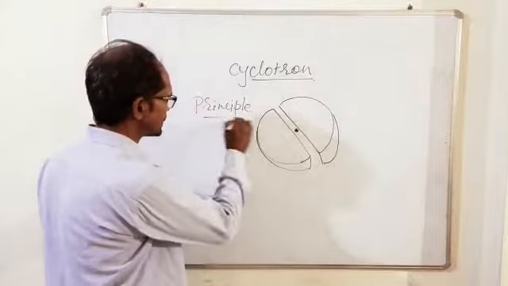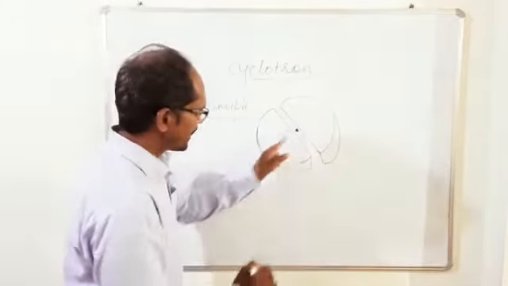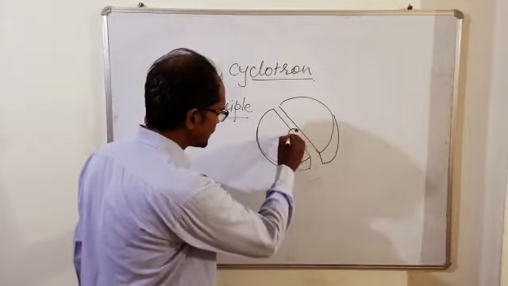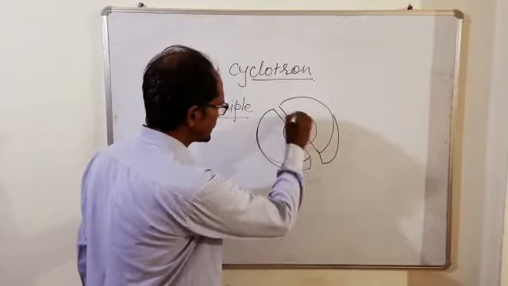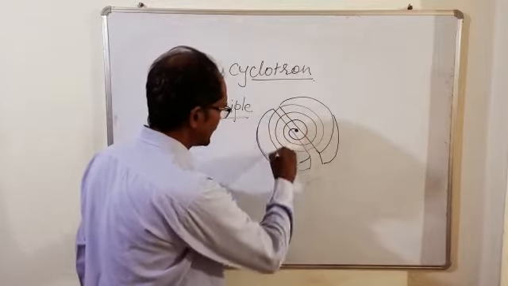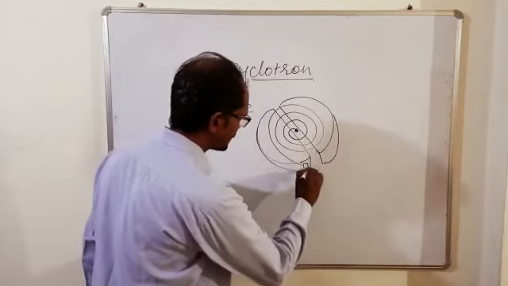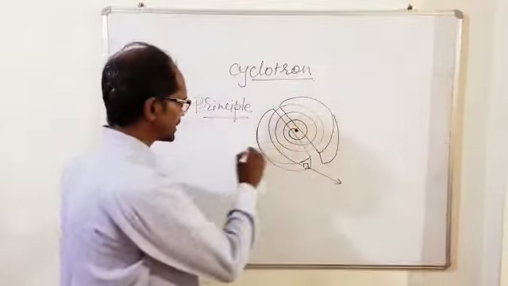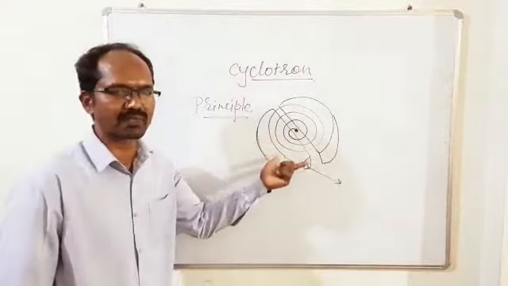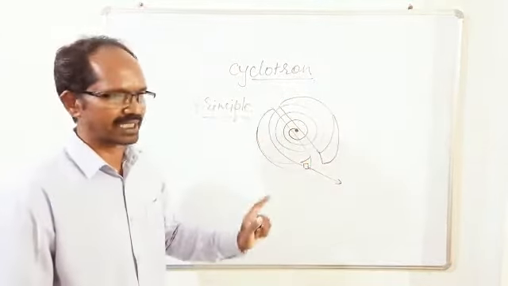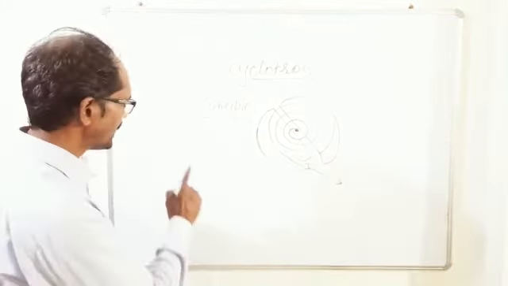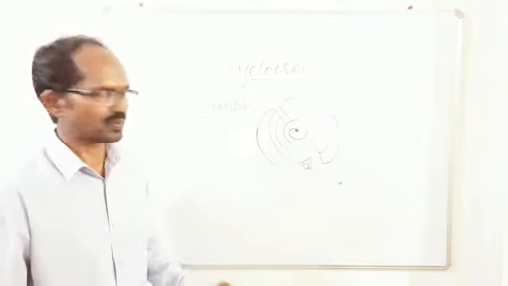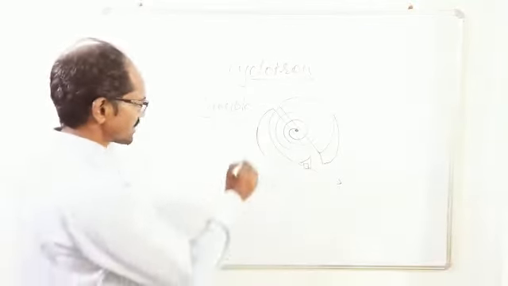Principle, that is, when the positive ion source is coming here and moving in this spiral form and finally comes out through this window, then the frequency of rotation of this positive charge particle does not depend on the velocity of this charge particle. That is the principle. Frequency does not depend on the velocity. Okay, now we'll see the construction